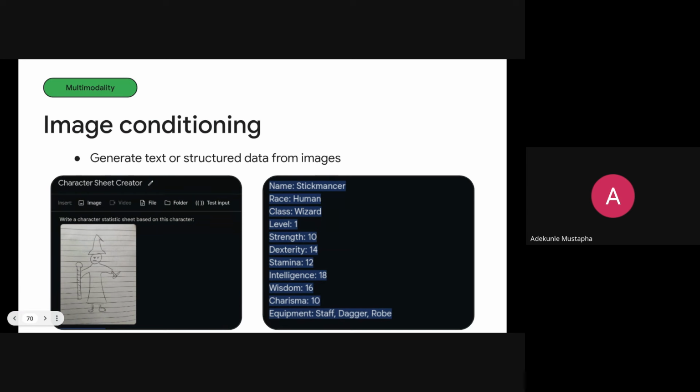So a fun way to express this can just be using an image as a creative source. You can see this example uses a hand drawing of a character as an inspiration for generating the characters of that particular image there.